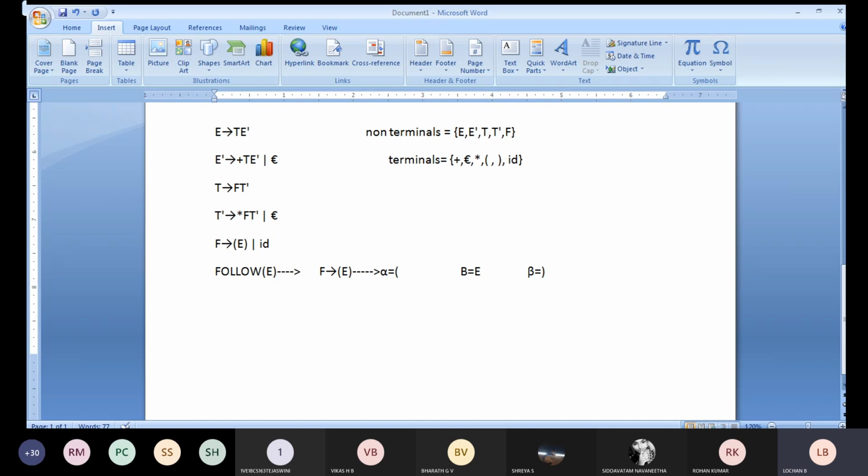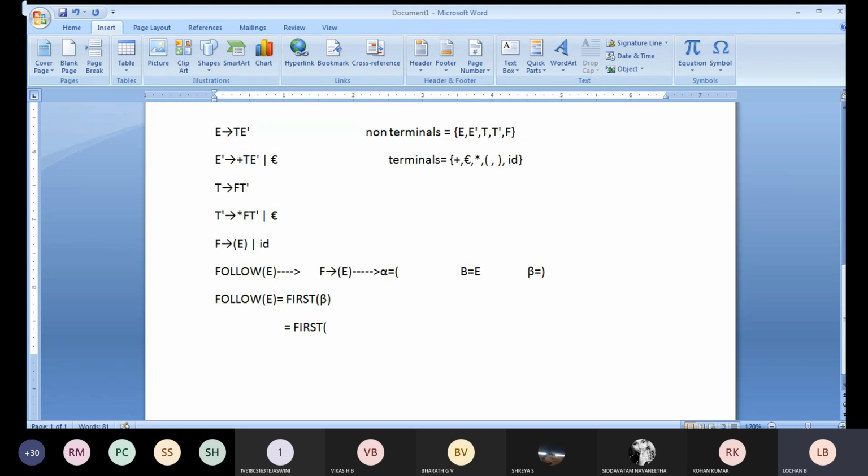So what we need to calculate in this particular case is follow of E, which is equal to first of beta. If you see in this particular case, what is the beta value you got? That is close bracket.